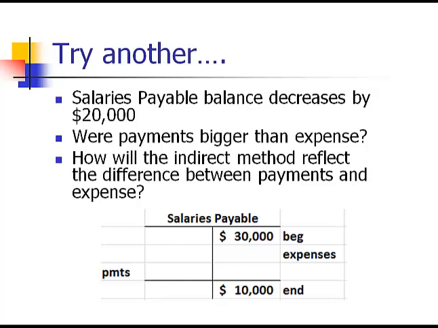What if the balance dropped by $20,000? So the beginning was 30 and it went down to 10. That's a drop of 20,000. Which was bigger, payments or expense? Payments had to be bigger by the 20,000 in order to get the balance to drop. That drop in accounts payable meant that what came out of net income wasn't as big as what came out of the checking account. So you would have to subtract that 20,000 from net income to get down to operating